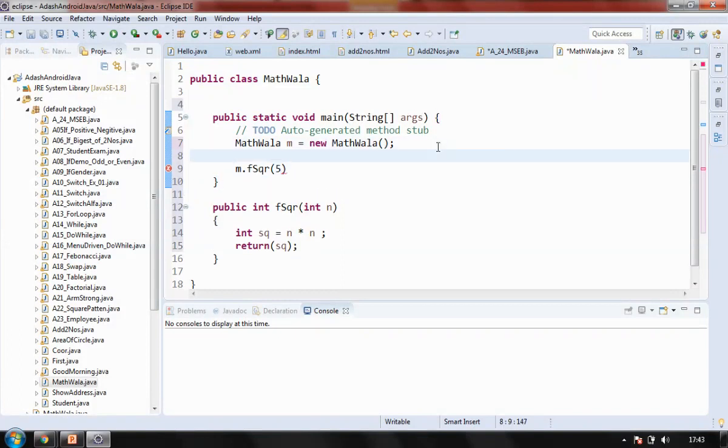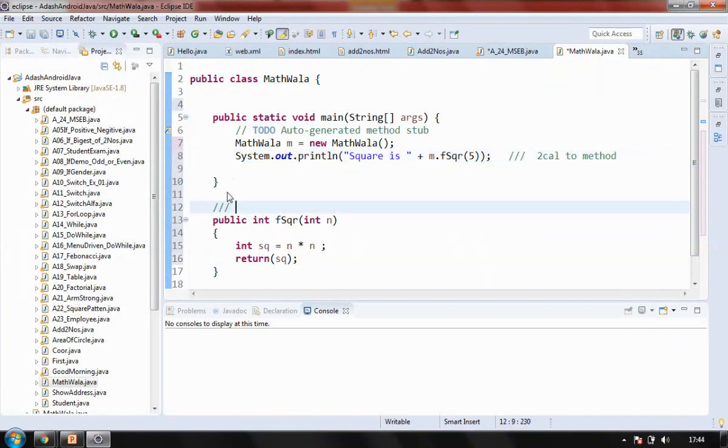This will display the number, so I should make some provision to display it. So I'll be saying sysout just to print it out. And I'll be saying square is, and displaying that square method. So see now, I'm calling a method inside another method, that is println. So you can call this way also, no problem. So there are two steps in the class. This is my second step, that is the call to the method. Right? It's a call to the method, and this is where I'm defining the method. So it's the method definition.